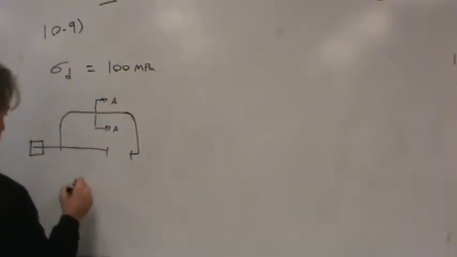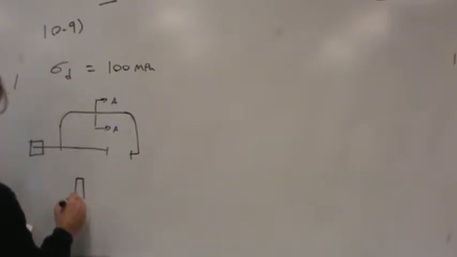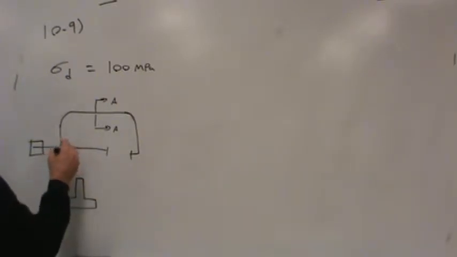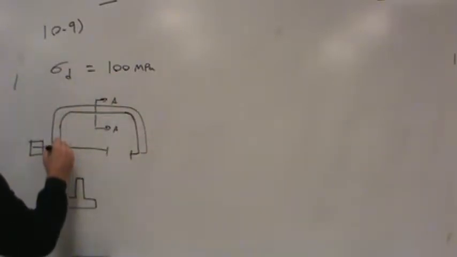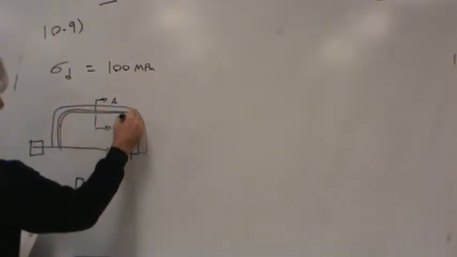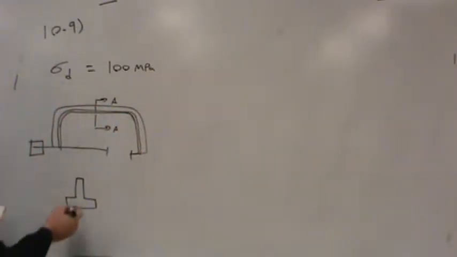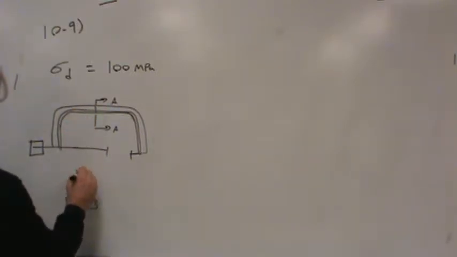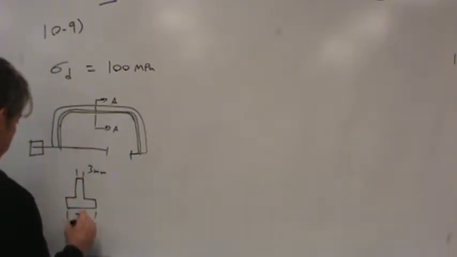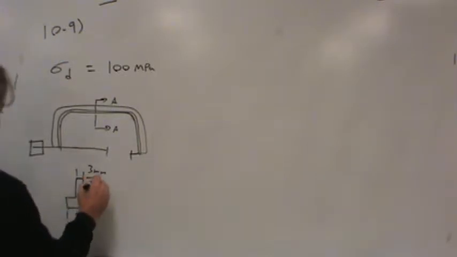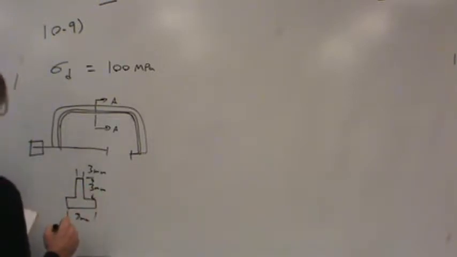AA. And for that section, they've given us a cross-section view that looks like this. Because you see, it turns out there's actually thickness here that I have not drawn, and there's a flange that runs around the inside of this thing. So here's that flange just in cross-section. So this is view AA. And there's a 3 millimeter width here. There's an 8 millimeter width at the bottom of the flange, a 3 millimeter height to the flange, and no,